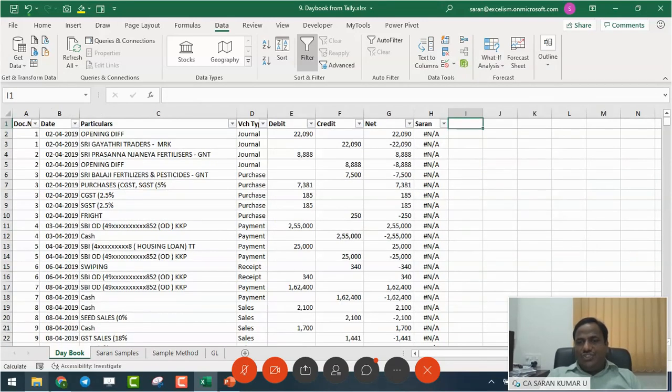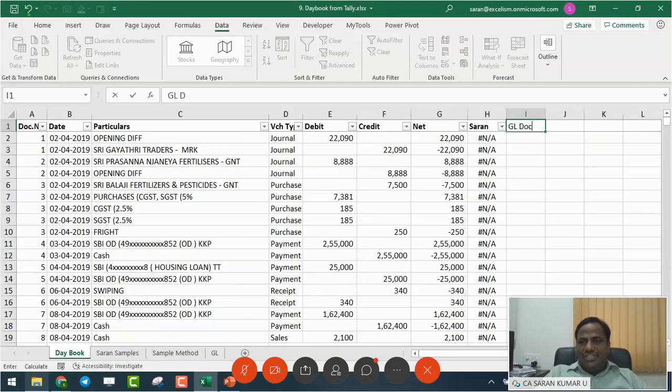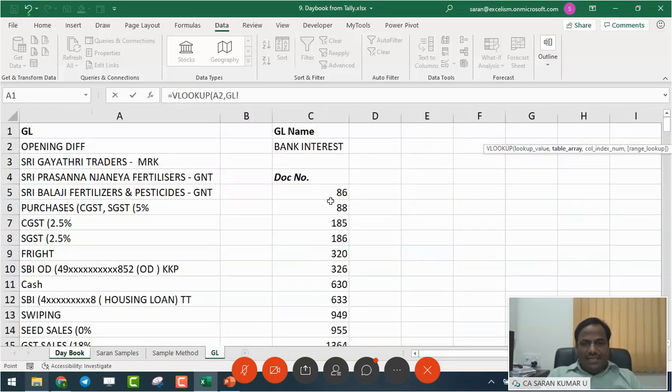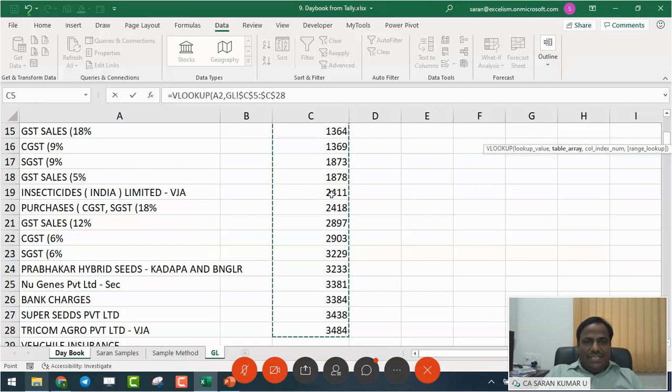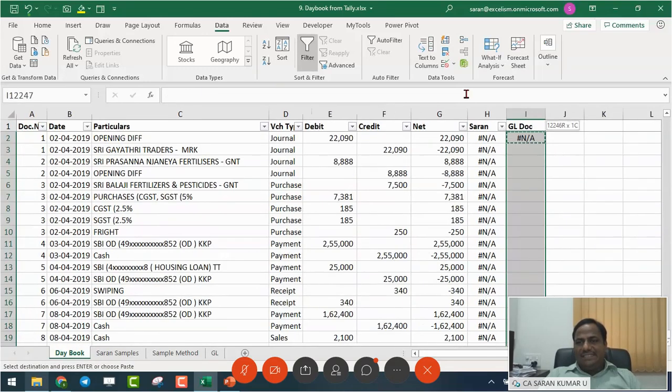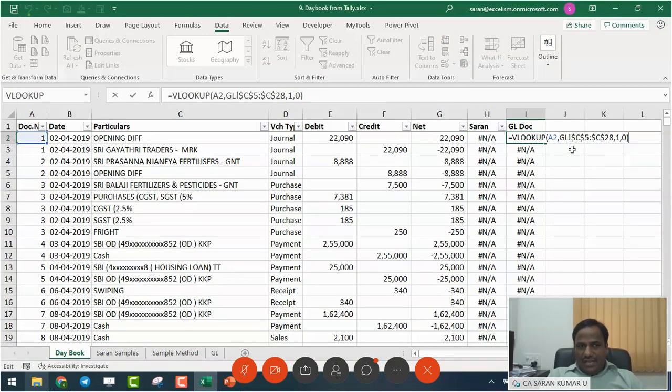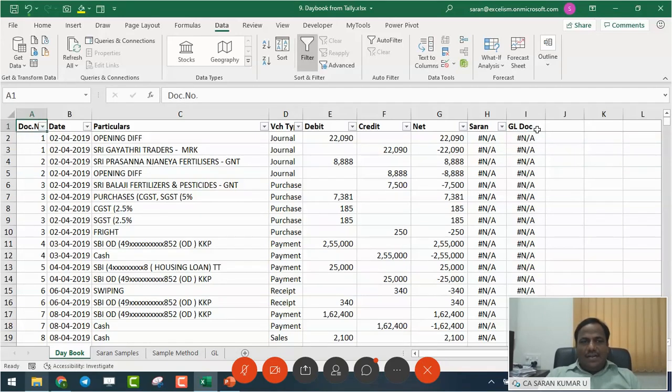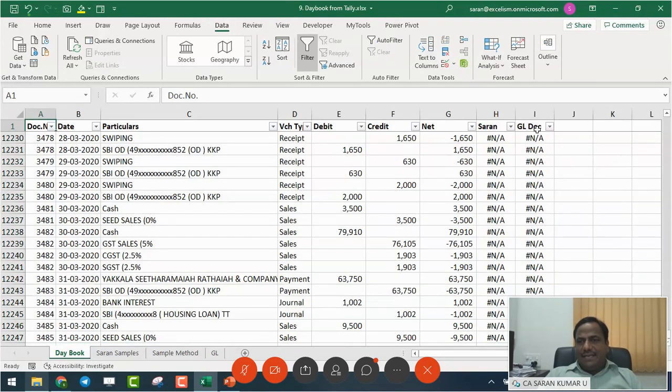So GL doc equals VLOOKUP: look for this value, go to the GL, select all these documents. If it is available, then give me the same value; if not, N/A. Same VLOOKUP function: look whether this document number is available in this list. If it is available, give me the same value. If not, N/A. Now, if I filter other than N/A,